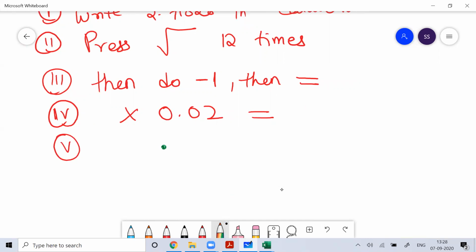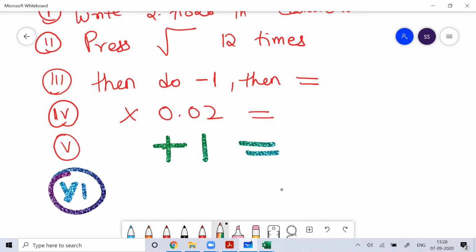After that, do plus one equal to. This is the fifth step. After that, do plus one equal to. Once you're done with plus one equal to, then press equal to, then press into, and then equal to,